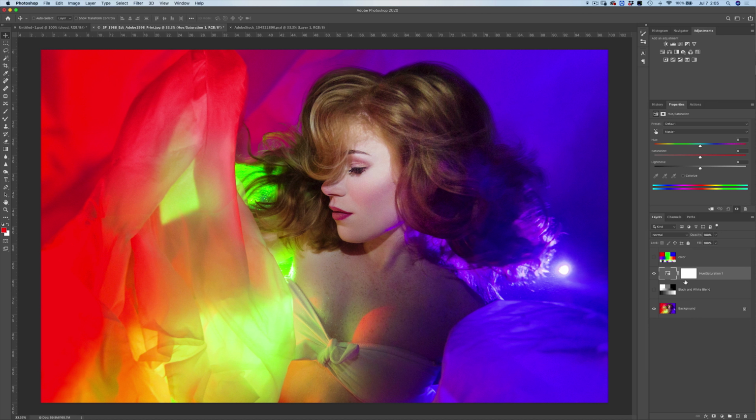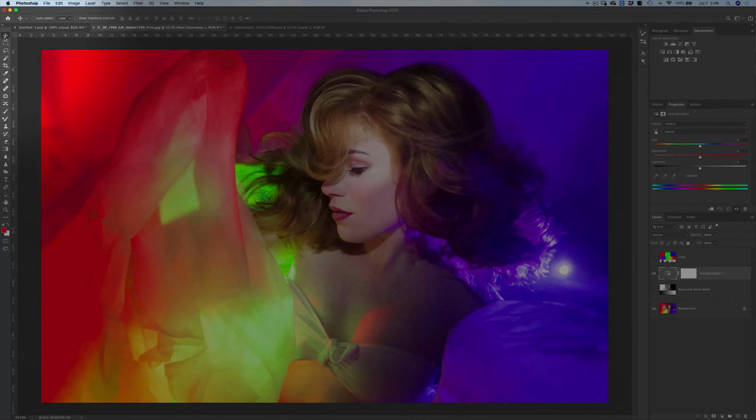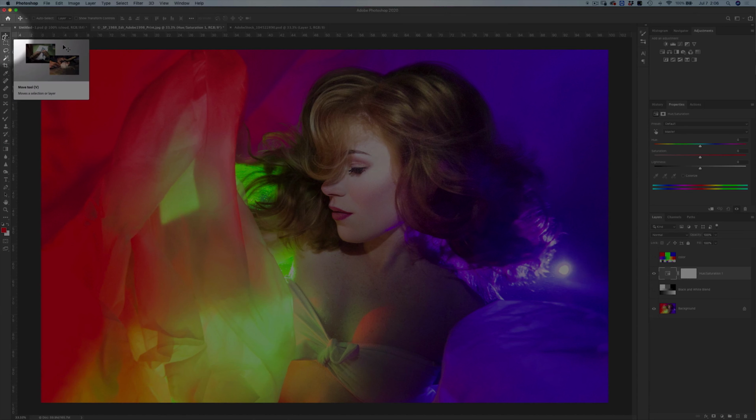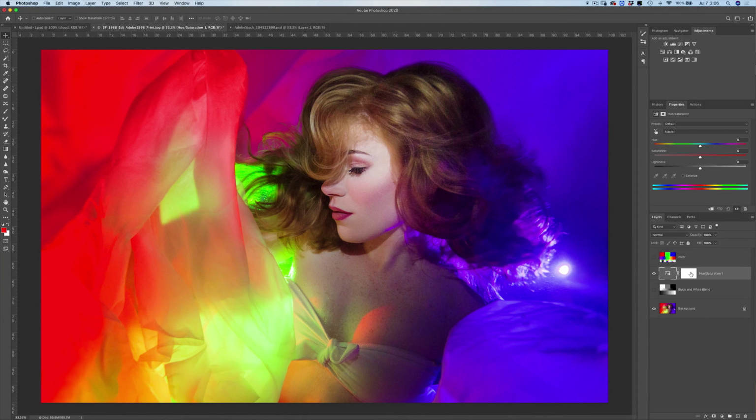The other thing that's really important when working with blend modes is knowing how to quickly and easily cycle through them while your eyes are on the actual image over here. And there's a way to do that. The way to do that is by activating your Move tool, okay? Then you're going to hold down Shift plus Option or Alt and go through using your plus and minus keys.